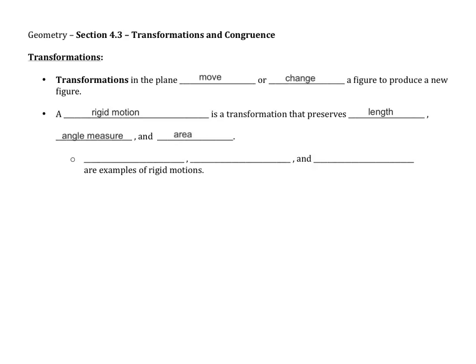area inside of it. And there's actually three kinds of rigid motions that we are going to examine in this section. And those are translations, which is just shifting or just sliding a polygon or whatever the figure might be across a certain distance. Reflections is another kind of rigid motion, and this would be like what we were talking